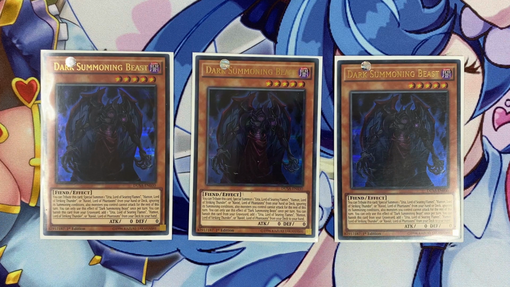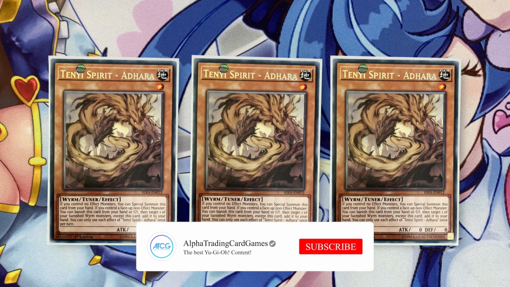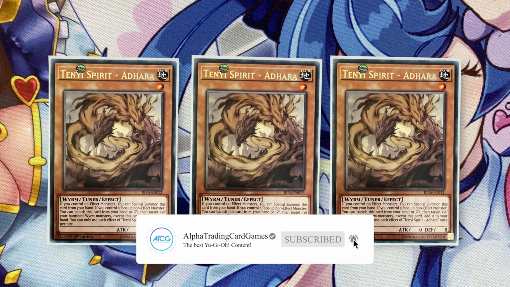So the deck is very consistent. It has a lot of 1-card starters, so it can do a lot. Now, if you want to extend the combos, play 3 Tennis Spirit at Hara, because it's the all-time free special tuner that you can use to access Needle Fiber if you don't have anything that you can do with 1